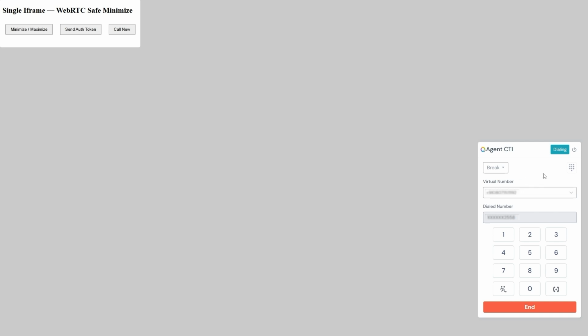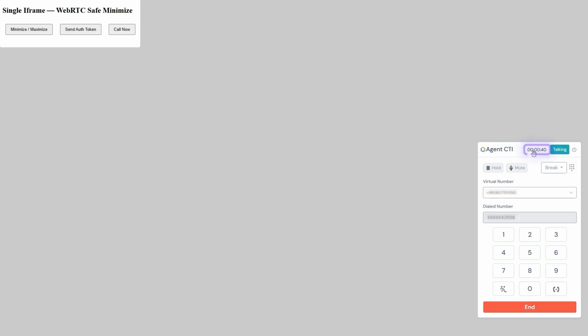The call connects through the browser, and during connection, the Agent CTI tracks the call duration in real time. Agents can also initiate calls directly from the CRM through Click to Call, where the dial pad opens automatically for faster calling and reduced input errors. When a call connects, the CTI displays the ringing status, followed by the talking mode. In the talking mode, all call controls, hold, mute, and end, are available and are tracked in real time along